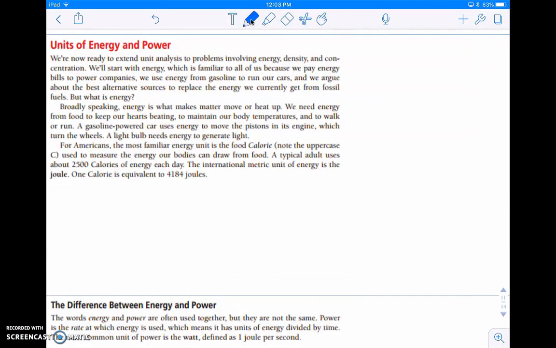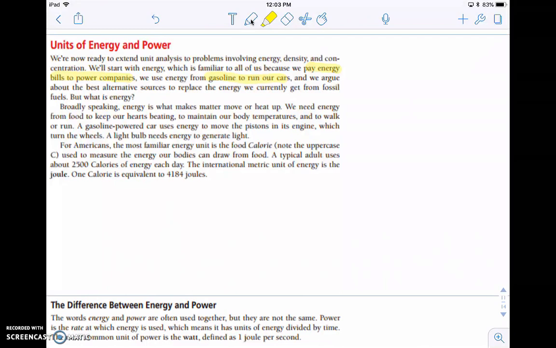Alright, for this last video we're going to be looking at the units of energy and power. When we look at this, the idea of energy I think is familiar to many of us because a lot of us pay energy bills to power companies. We use energy for our cars, and we always hear arguments about alternative sources of energy, but